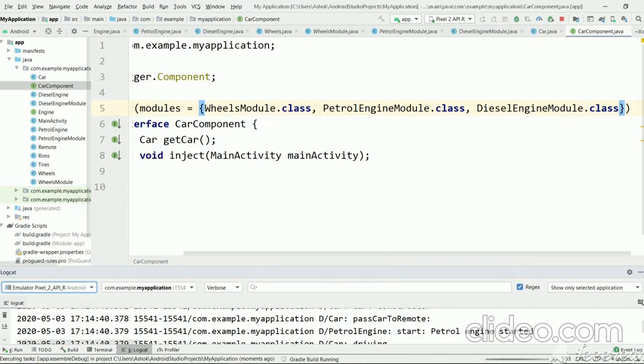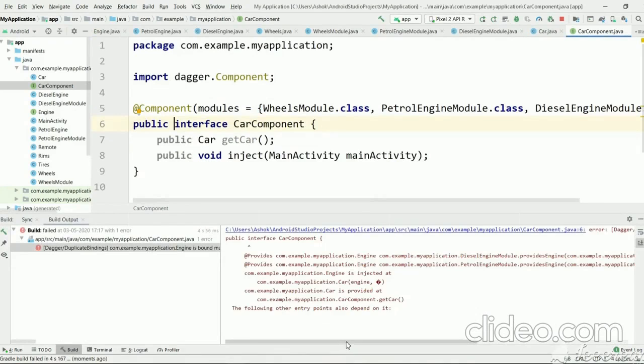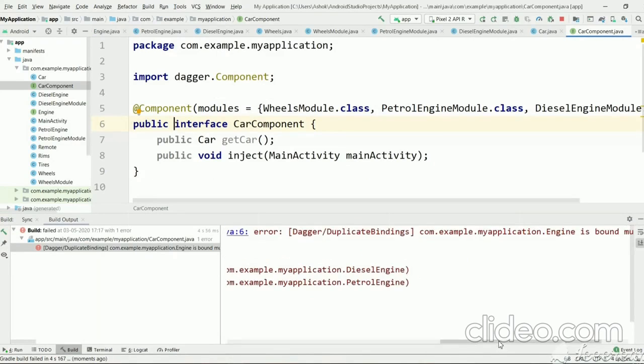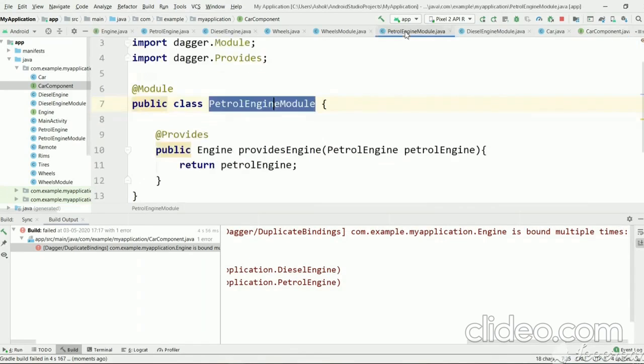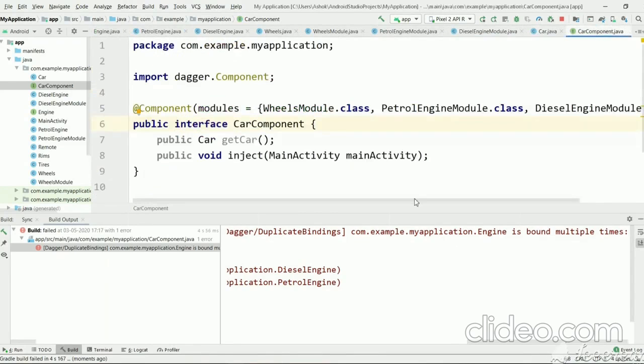Let's execute and see the error. Engine is bound multiple times, because we have provided two modules, and in those two modules we are returning an engine. Here we are returning petrol engine, and here diesel engine. So Dagger will be confused.